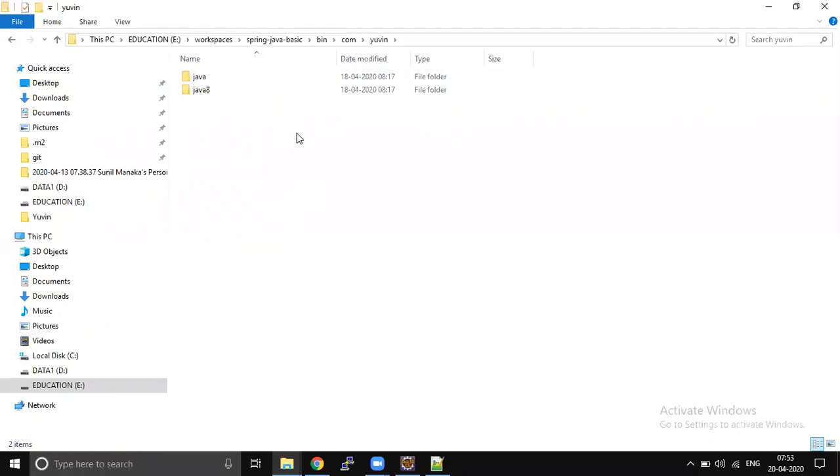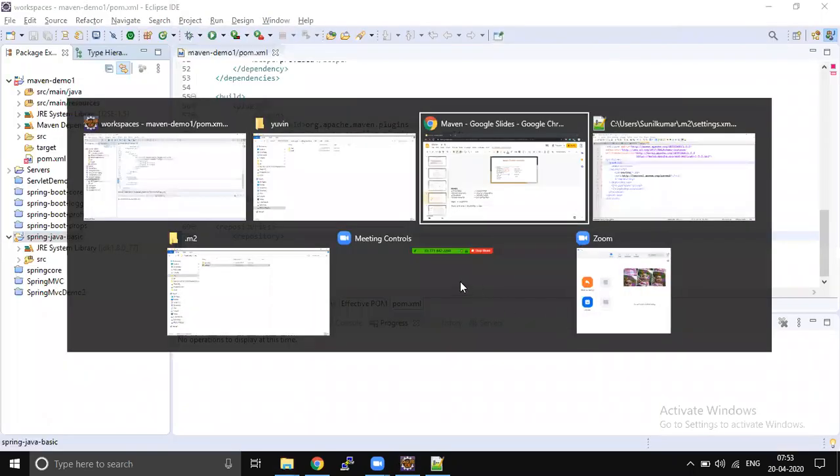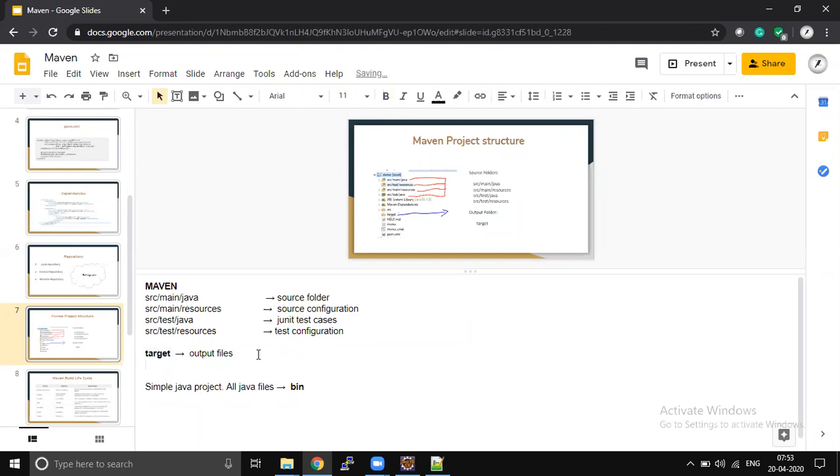Default non-Maven project. So when it comes to Maven, similarly to how we have a bin folder, we also have a target. Here is the place for all the output files. When I say all the output files, it contains .class files and the final output.